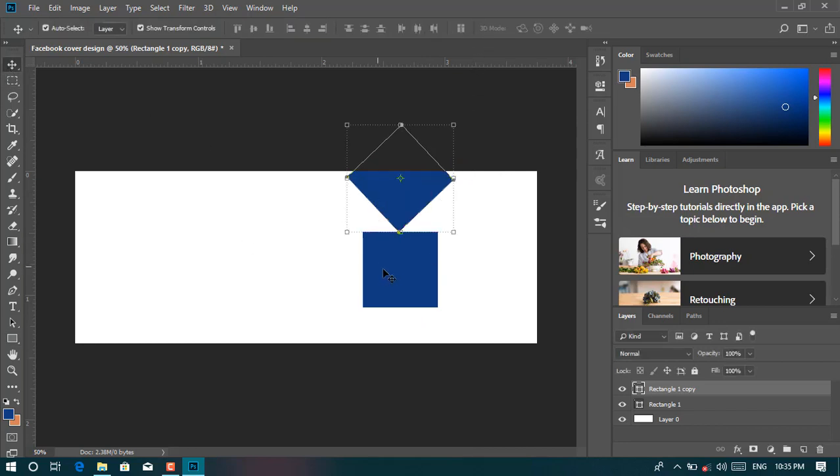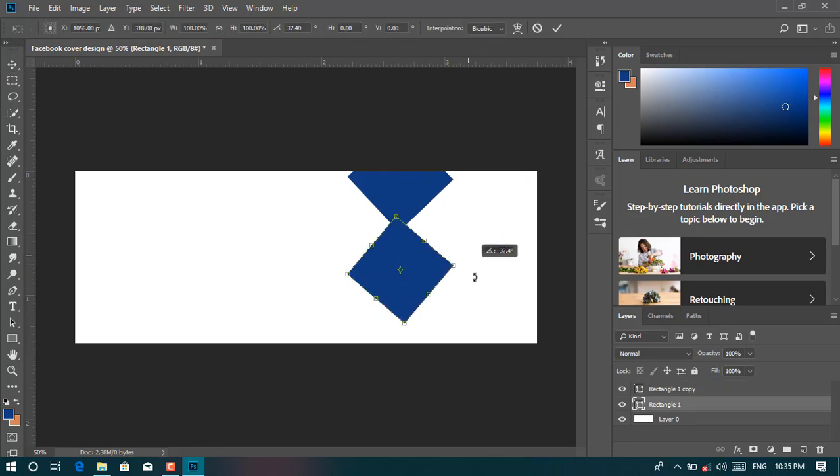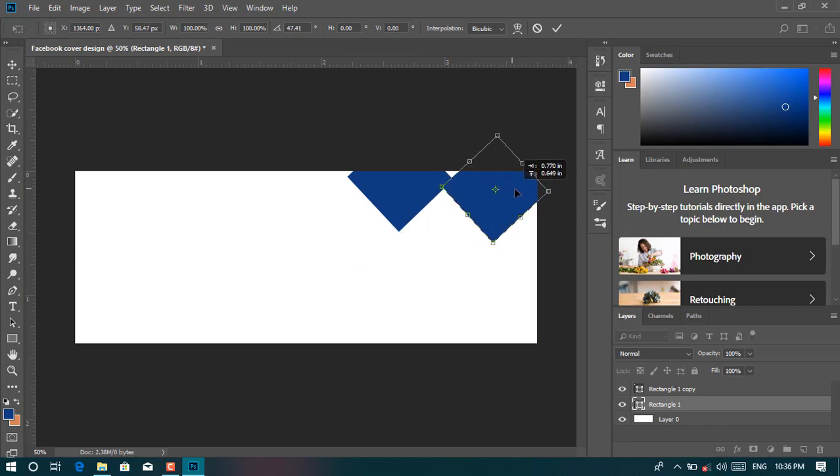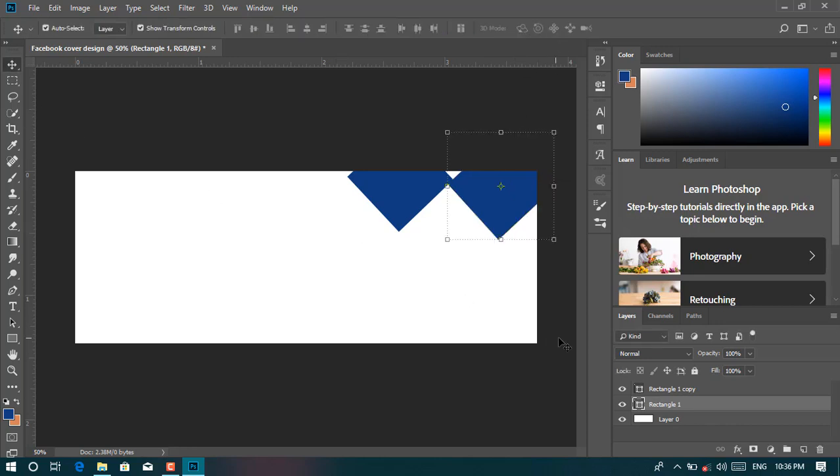And now also click on the second layer we created and make it also the first, and then take it to the side of the first one here, up, yeah,